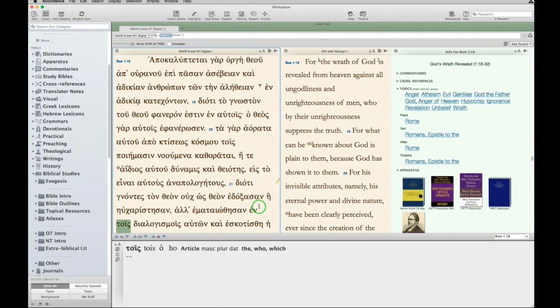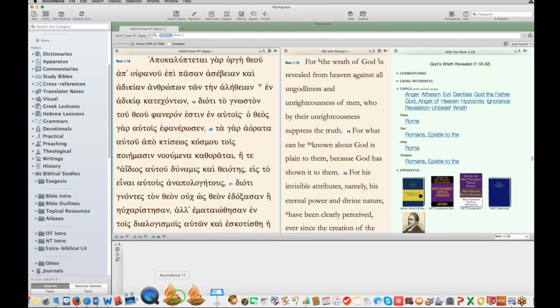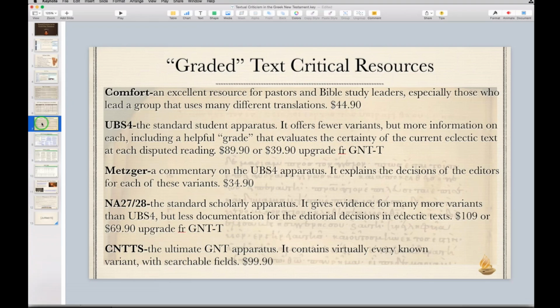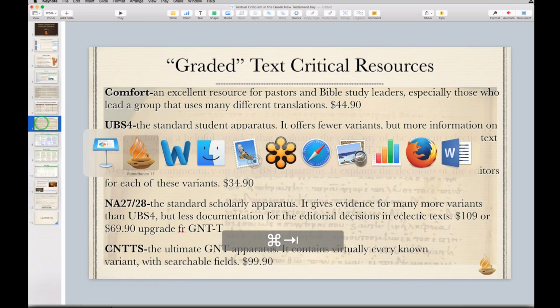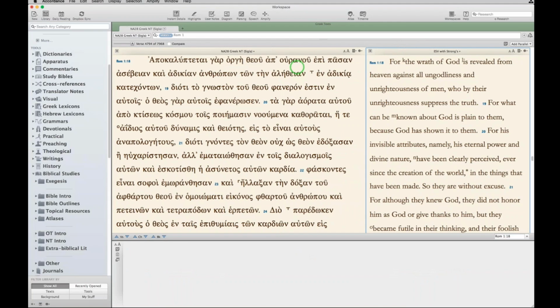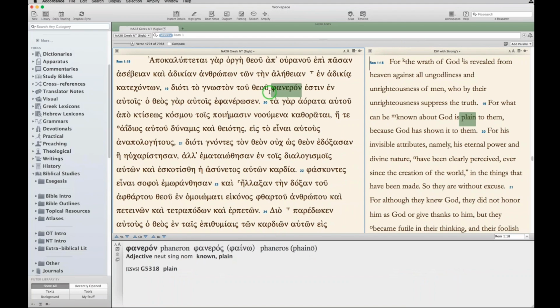So what are the strengths and weaknesses of various exegetical apparatuses? Well, I'm trying to think, should I show them first or should I explain them first? Well, let's look at them first, okay? Let's go back to Accordance. And what I'm going to do is I'm going to dismiss the info pane, and now once we go back to Romans chapter 1,